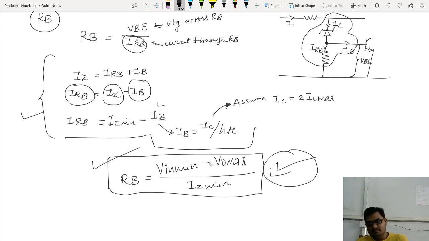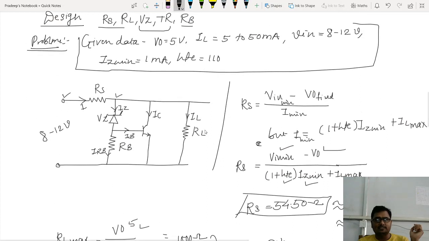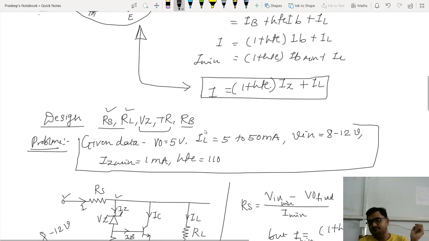So this is about the transistor shunt regulator. I'm not going to solve a separate problem related to this transistor shunt regulator. Why? Because the equations I have already written. So why waste time in a design procedure? Because see, what is your job? Even the design statement is also there. Your job is to take the values, put them into the equation, use your calculator efficiently, and that's all. So here I'm concluding the session with the transistor shunt regulator.